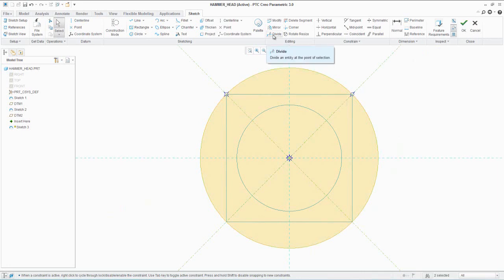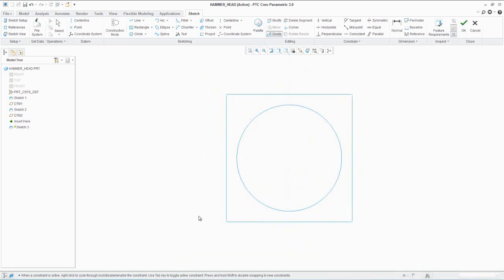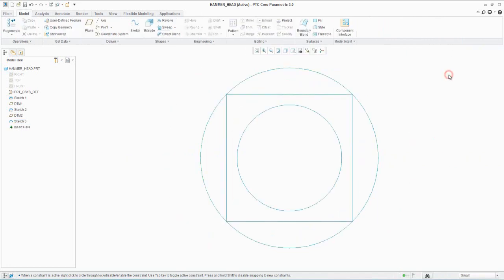Divide the circle in the same way. Exit from the sketching mode.